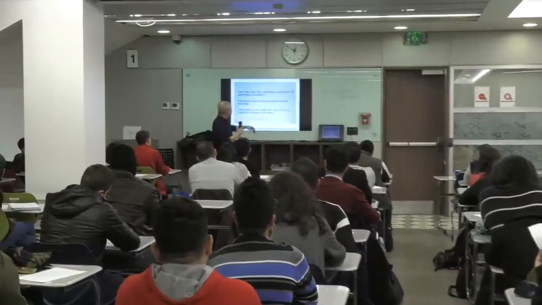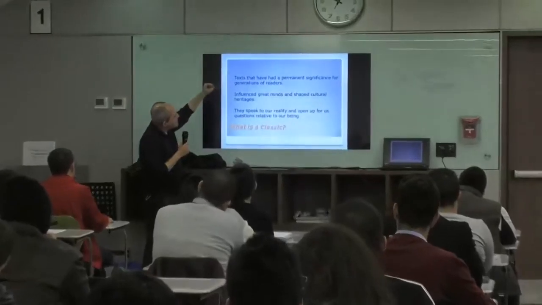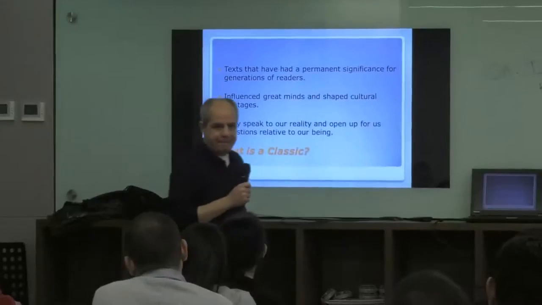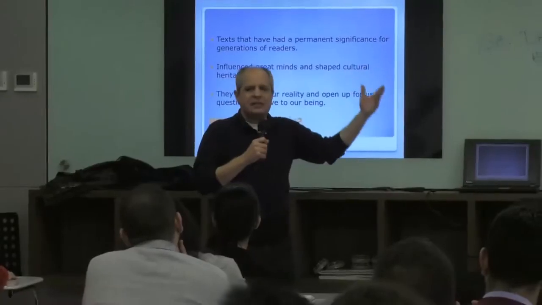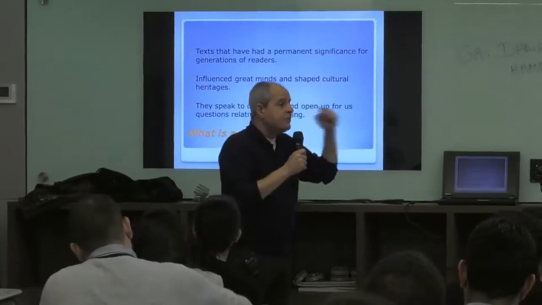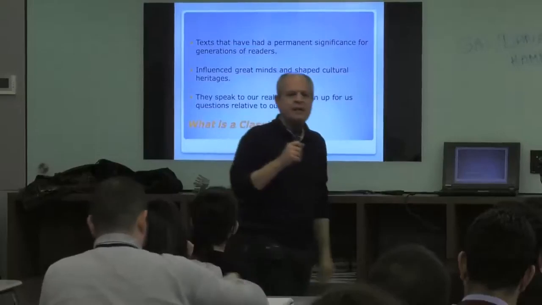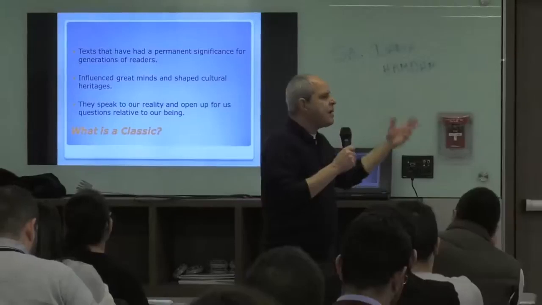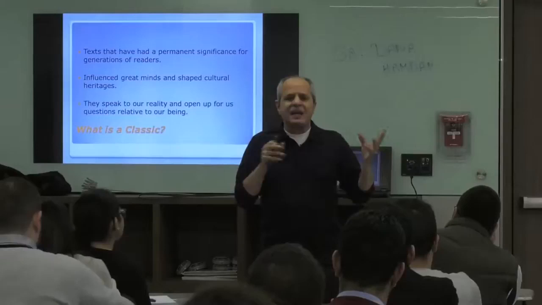But what we read: classics. Now classics are texts that have had a permanent significance for generations of readers. It becomes a classic. Perhaps Agatha Christie today or the generation for you is a classic. Why? Don't ask me why. The text that endures, meaning passes the test of time and the test of readers. The text which is read over hundreds of years by hundreds, thousands of readers. It becomes a classic. Okay, think more about it if you want.